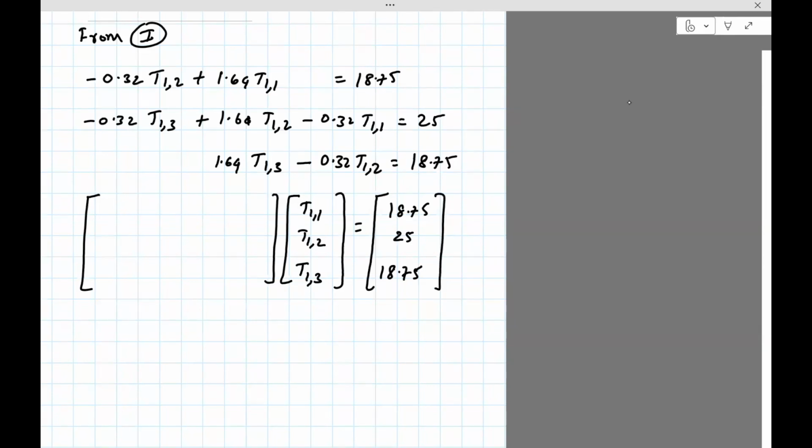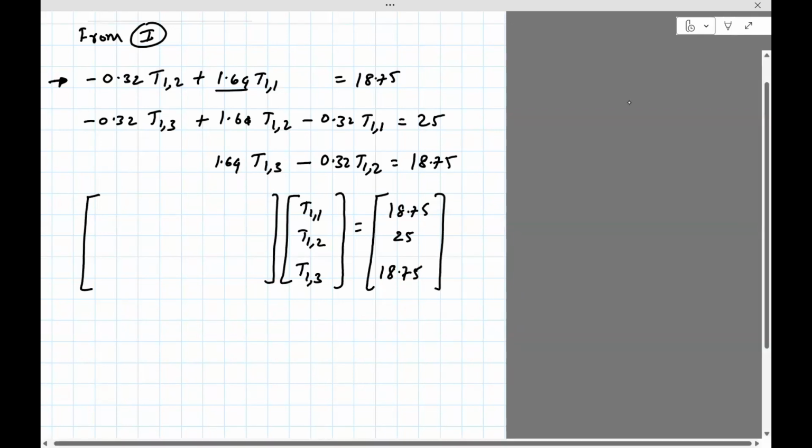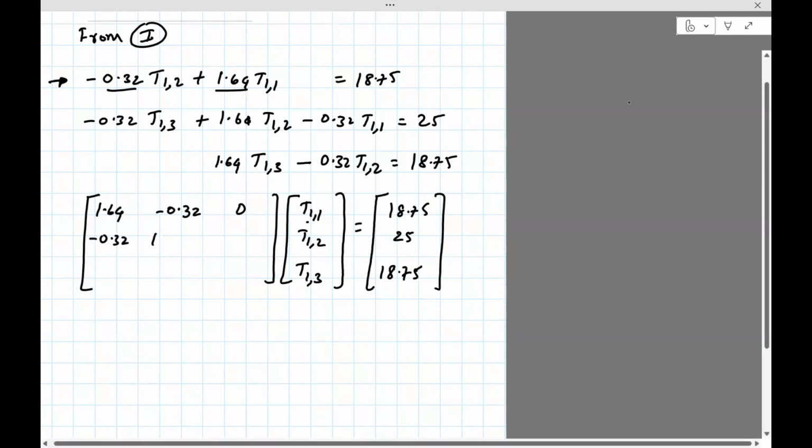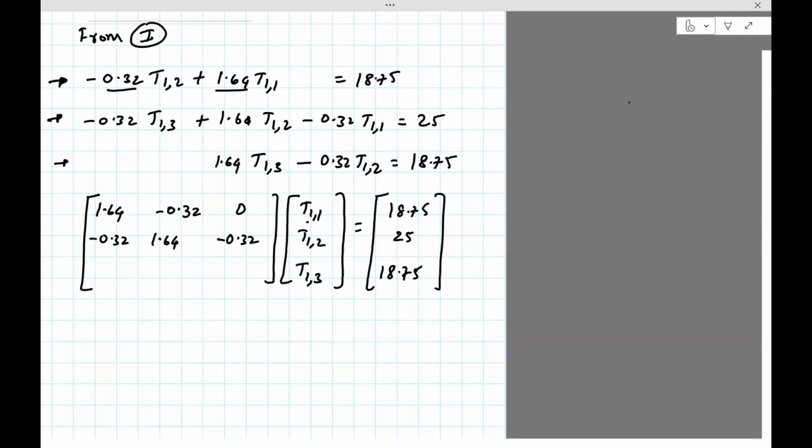The first row of this equation would be 1.64 in front of t1,1, and there's minus 0.32 in front of t1,2, so that would be the first row, second column, and then 0 because there's no t1,3. Similarly, we can write minus 0.32, 1.64, minus 0.32 for the second equation, and for the third equation we have